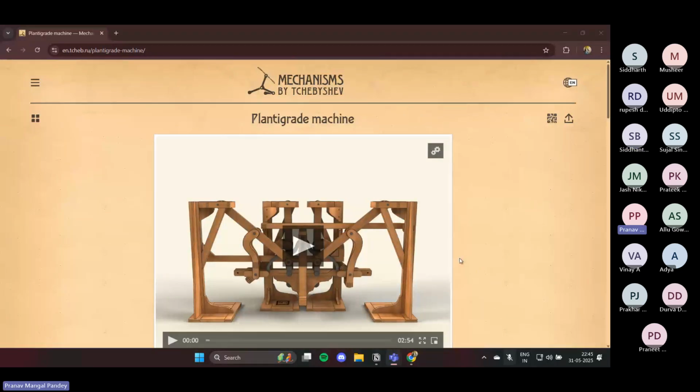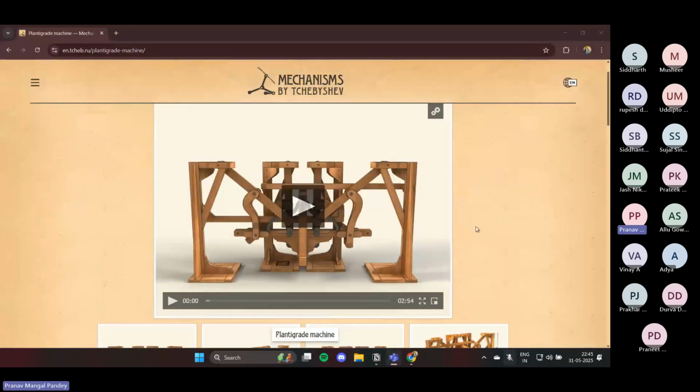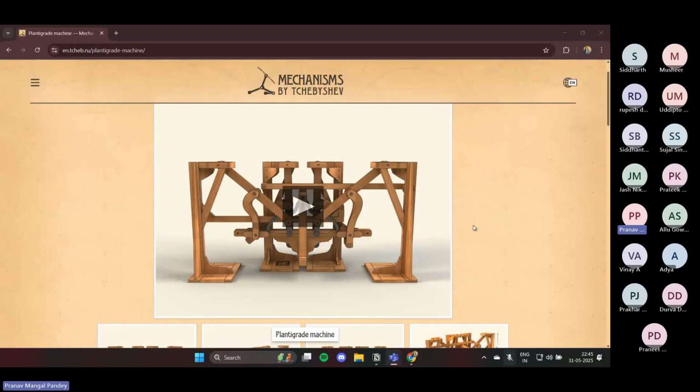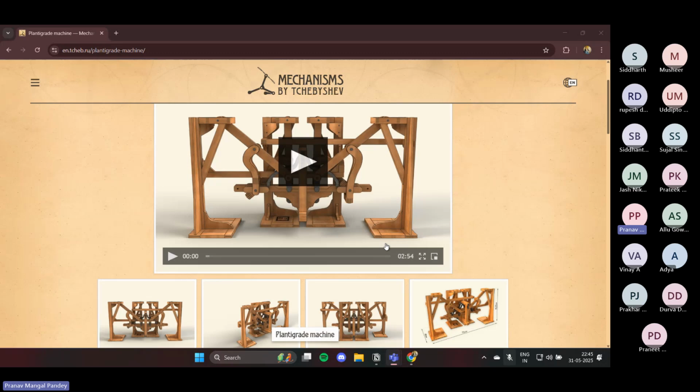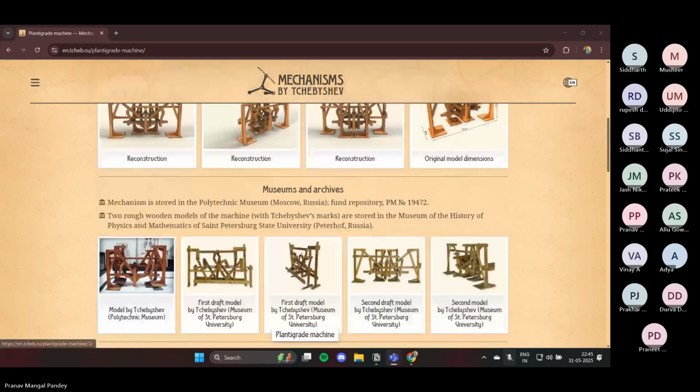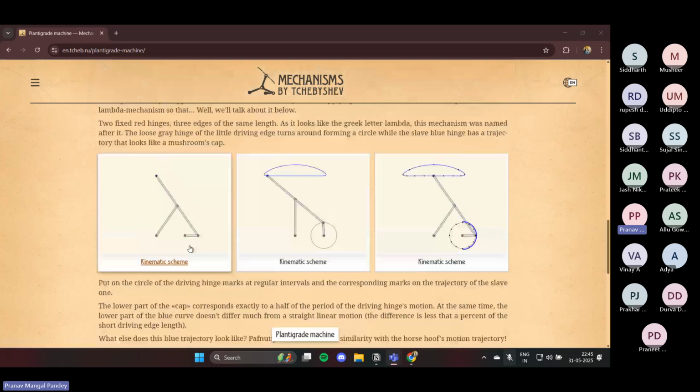Okay, so this is another quad. The one you saw had only one actuator. This one has two actuators. But what is basic to all of these? Let me show you that. This is what we call the lambda mechanism. Why is it called so? Because it looks like a lambda. The smallest mechanism which you can design is a four-sided movable mechanism, in which